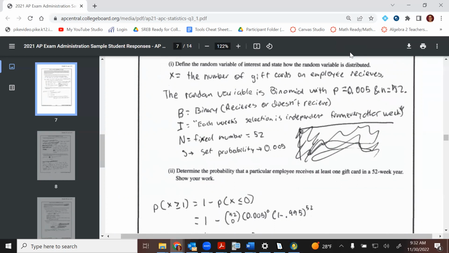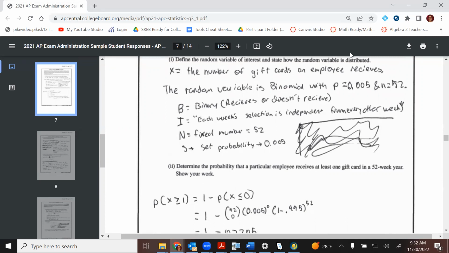They nailed that section. It showed that it was binomial by meeting all of the qualifications, and they correctly identified our variable. Instead of writing all that, you can write "binomial," but you have to explain what that means. Stating that the variable is binomial, with all of this right here, would be sufficient. You don't have to write a full paragraph. They did want the random variable defined, so that would have to be a separate thing as well.